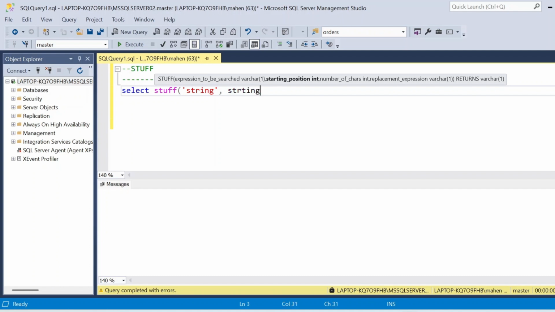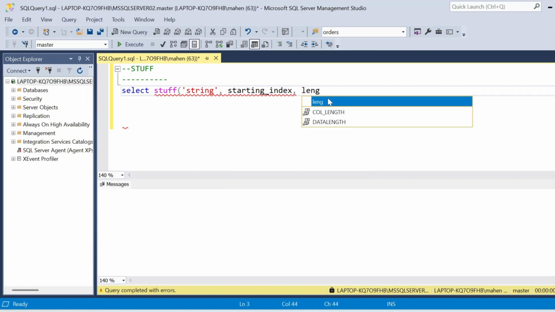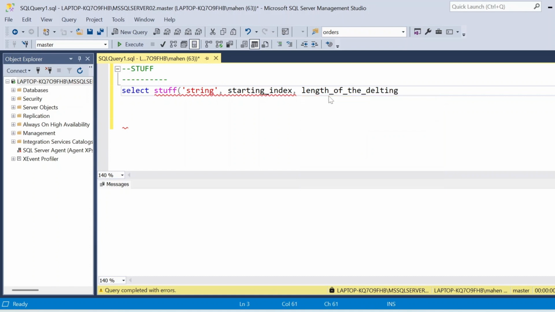Okay, starting index position that you want to delete, and you have to mention the length from that starting index position up to how many characters you want to delete. Okay, this is the starting index position, and after that the length of the string that you want to delete. Okay,